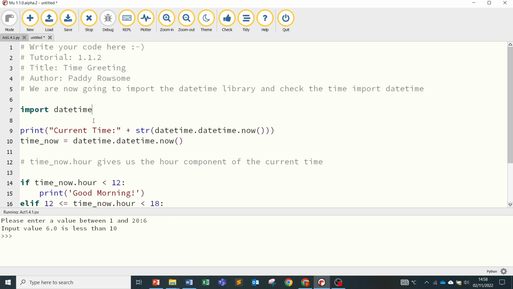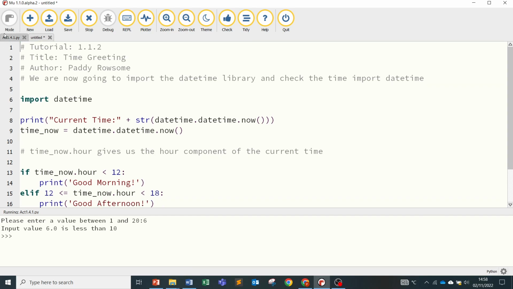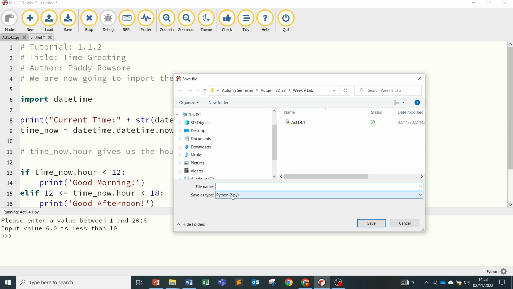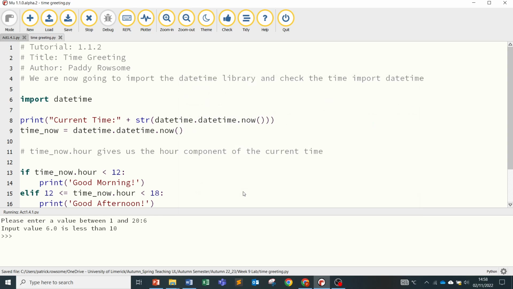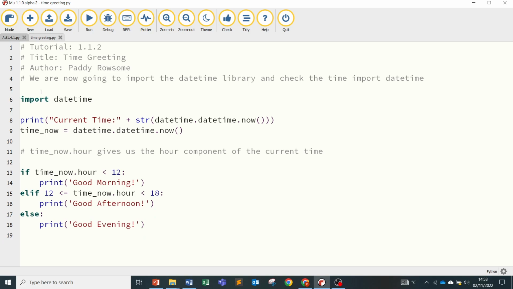And there's a couple of things going on with this that I'm going to show you in relation to our code here. So I'm just going to save this as time greeting. So what's going on here effectively is in Python we have a series of what are known as libraries, and these are kind of predefined functions that can be pulled upon to look at certain things. So we're going to use the one called datetime, and what effectively it does is it checks